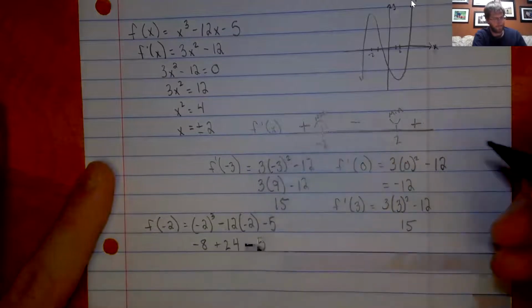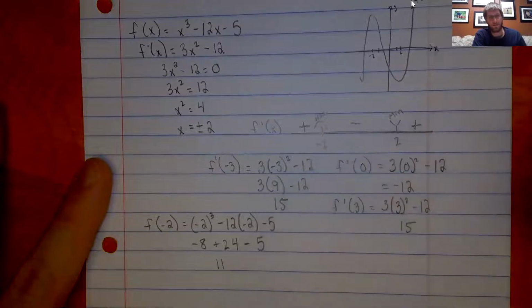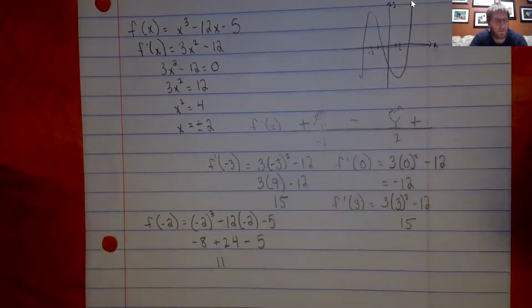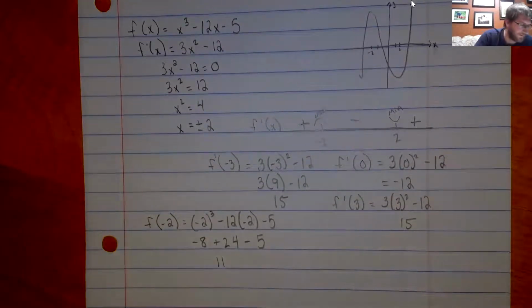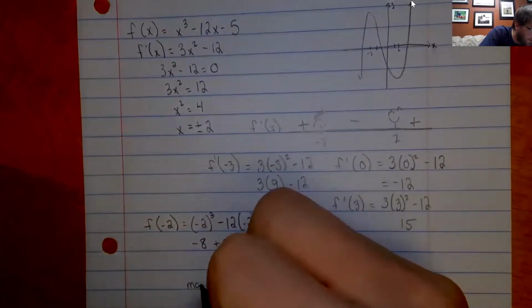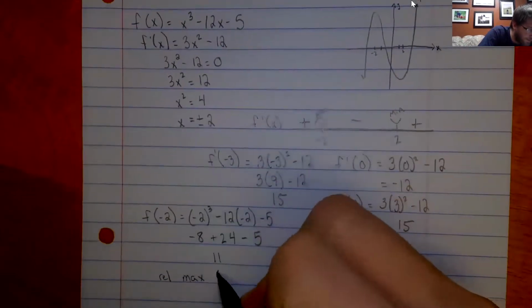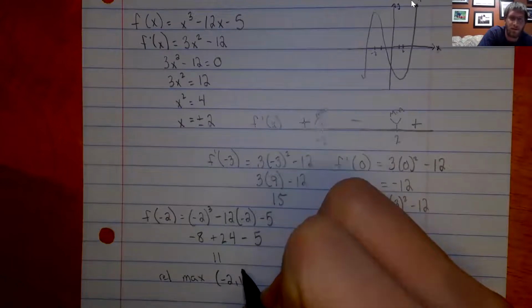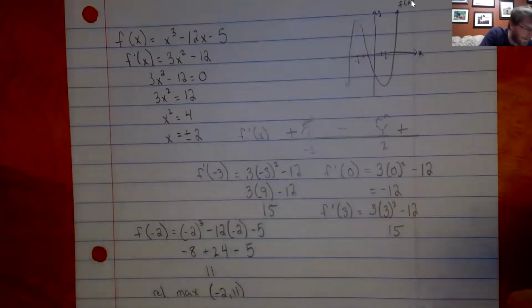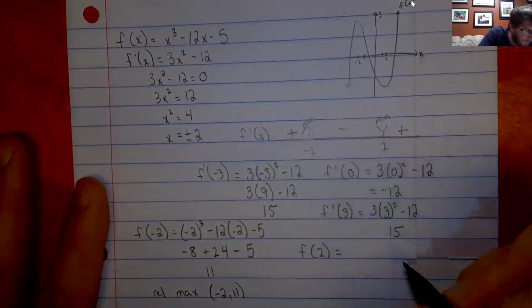So I have this, right? And that should give me, I believe, 11, right? Negative 8 plus 24 is 16. 16 minus 5 is 11. So there is a max or a relative max at the point negative 2, 11. If I do the same thing with my other one, put a 2 into the original, and I get